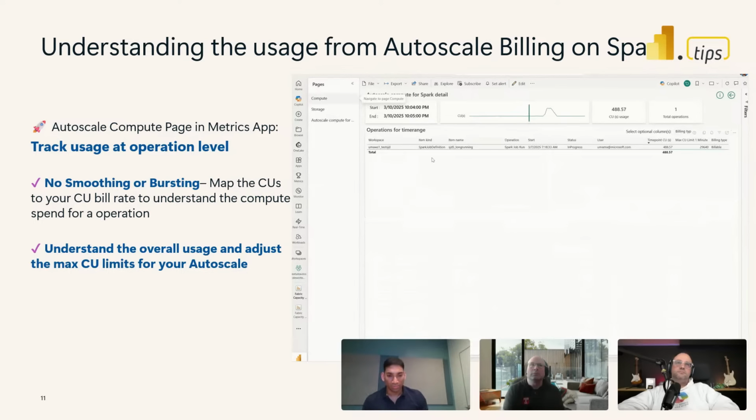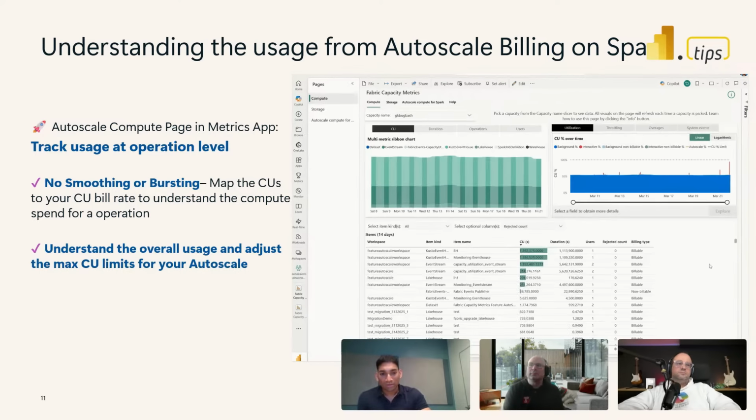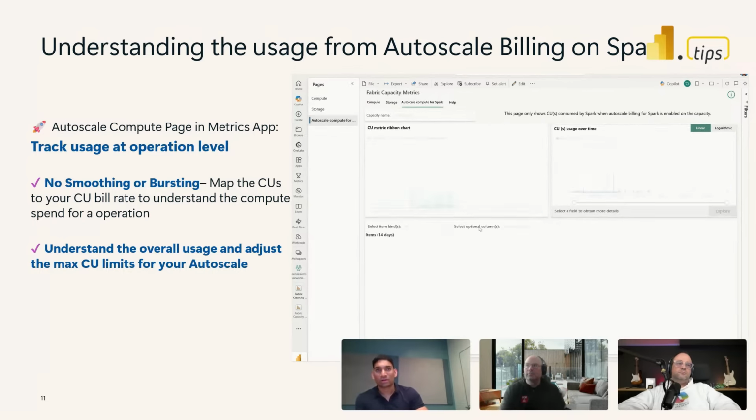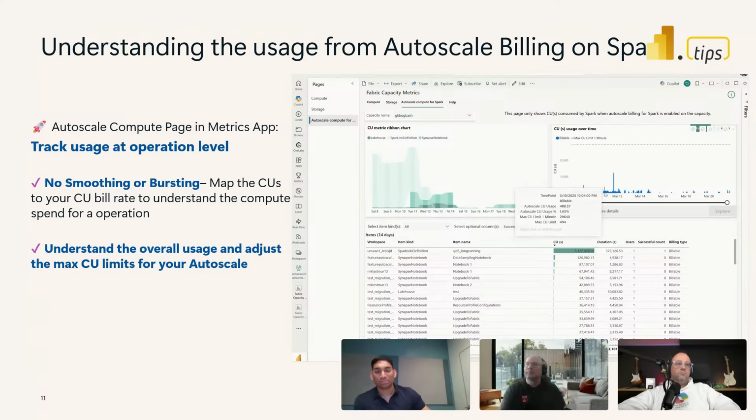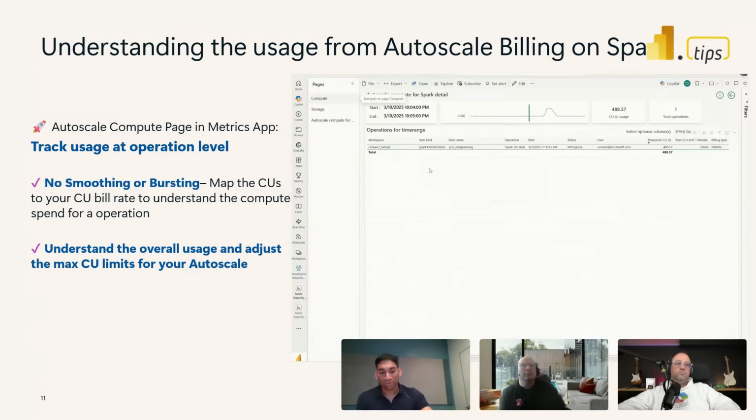It should also be available in all regions. And the feature is also available in all regions. So once you navigate to this Autoscale compute for Spark tab, this is going to be filtering out and showing only the Spark usage emitted after you've turned on the Autoscale billing or the serverless billing option. So you would see all of the operation level details. You would see the workspace, the users who have actually